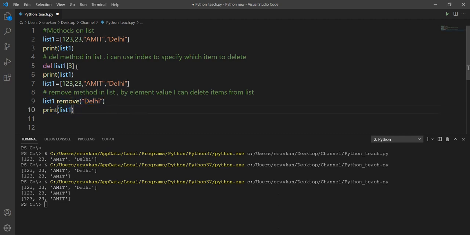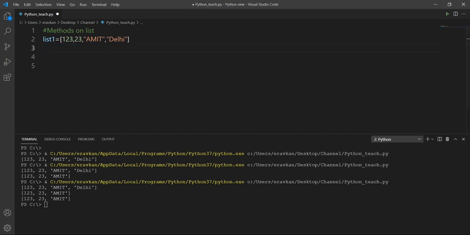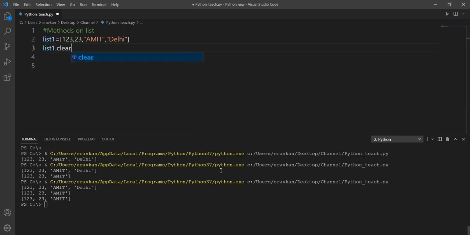One thing to notice is how we have called the del method and how we have called the list method. You will see that some methods can be called in this way and some methods in that way. As you use them, you will get a habit and know how to use them. So delete and remove we have covered. Then we have the method list one dot clear.